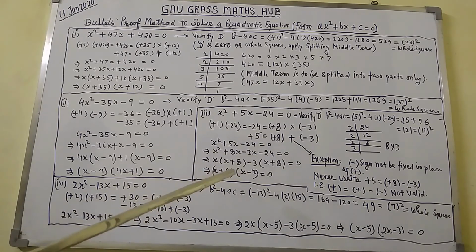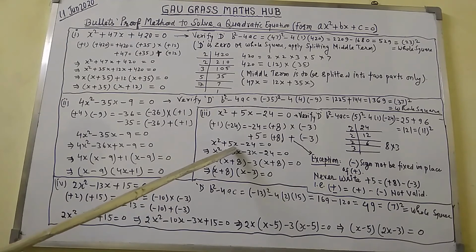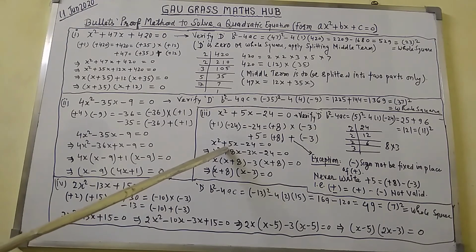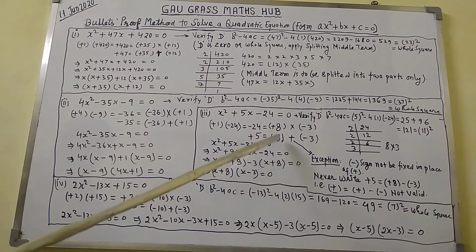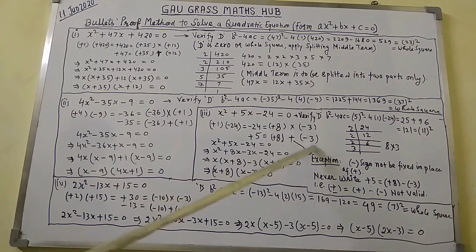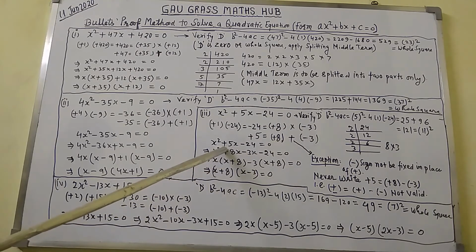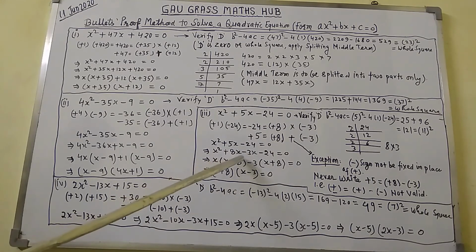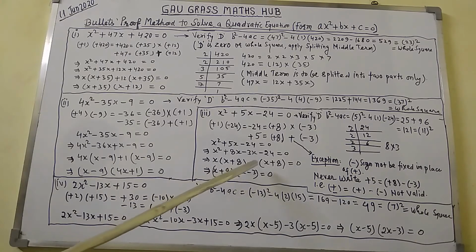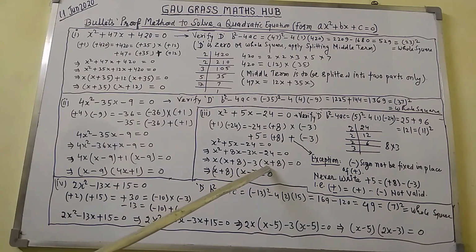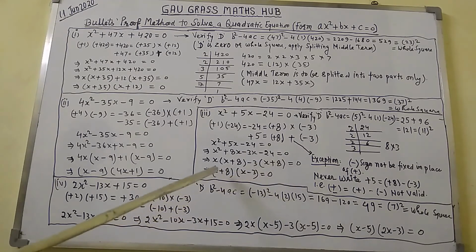Now I have written here the original quadratic equation, that is x square plus 5x minus 24 equal to 0. Here you can see plus 5x is the middle term, plus 5x will be split into two parts. Those two parts will be taken from this place: plus 8x minus 3x. That's why in place of plus 5x I have written here plus 8x minus 3x, minus 24 will come. Here take x as a common. You will get in one bracket x plus 8. Here take minus 3 as a common. In another bracket you will get x plus 8 equal to 0. Here write x plus 8, in another bracket here write x minus 3 equal to 0.